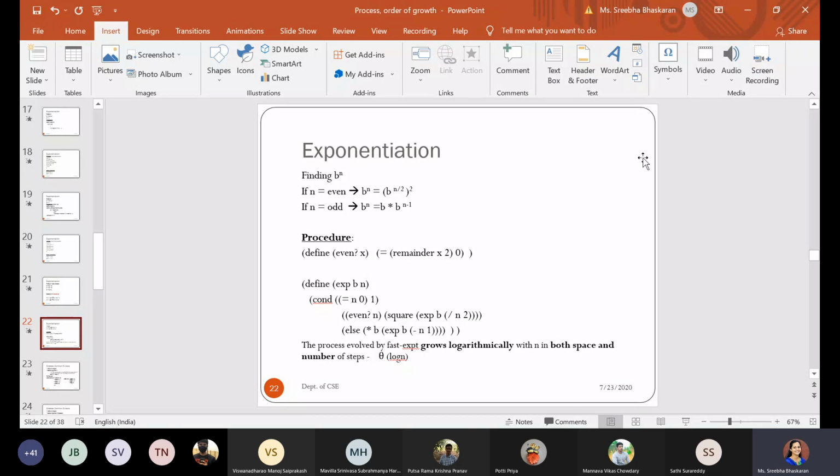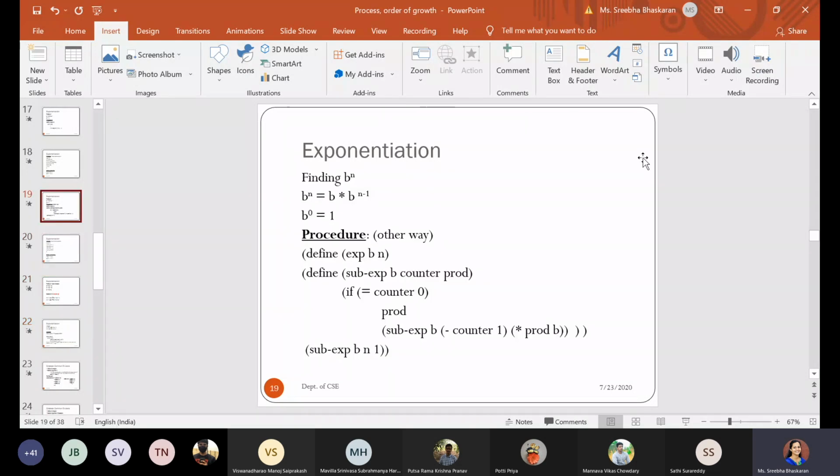The other way, for the same b to the power of n, we could define it with two procedures, where from one procedure we are calling the other. If you define it in this way, the process you generate will be a linear iterative process.